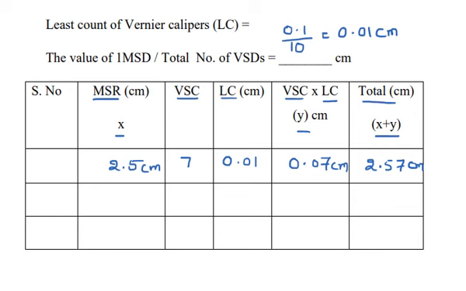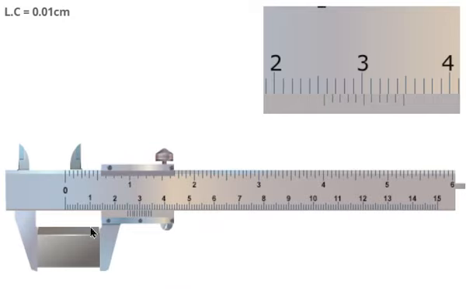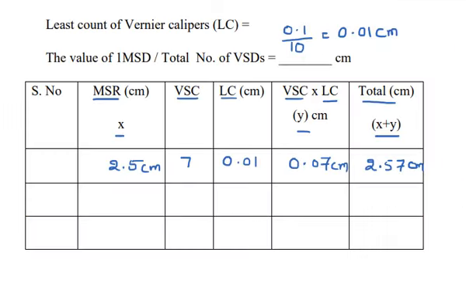Similarly, we can go for another reading. Taking more number of readings will reduce the error. So I can just slide this jaw and then again try to get it into position and then go for another reading. Similarly, 3 to 4 readings can be taken, and finally the average of these readings will give us the length of the object under consideration. Thank you.